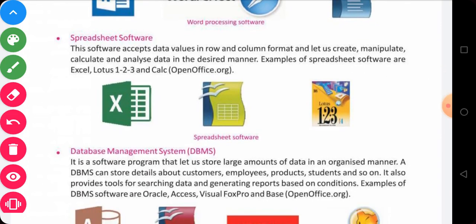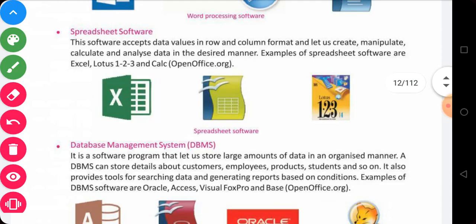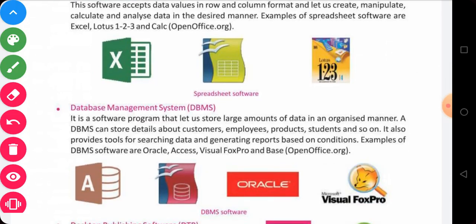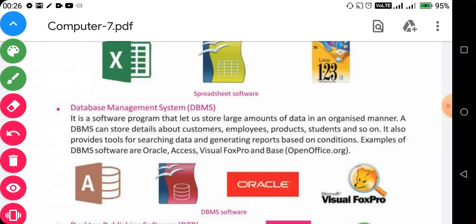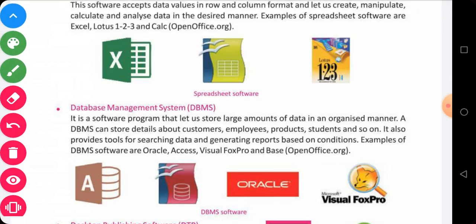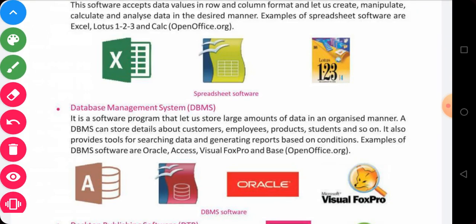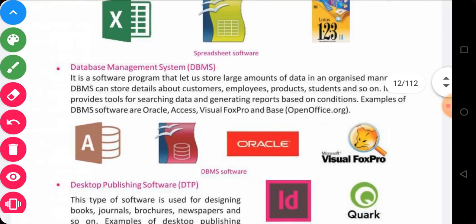So I am sure you are familiar with the MS Office tools like MS Word and PowerPoint. Okay, next is database management system. As the name suggests, a database is generally used to store or create our data in a meaningful and organized way. For this purpose, we use a database management system.